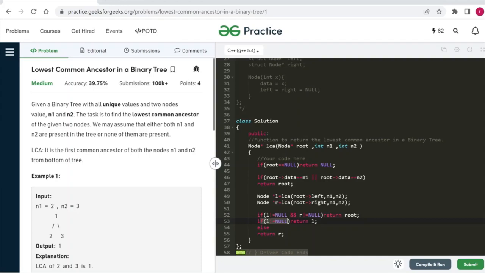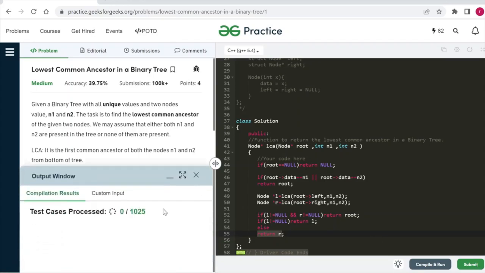Whichever subtree is giving a non-null value, we return that. In the else case we have written R, which means the right subtree is giving a non-null value. Okay, so this is the basic code for this.